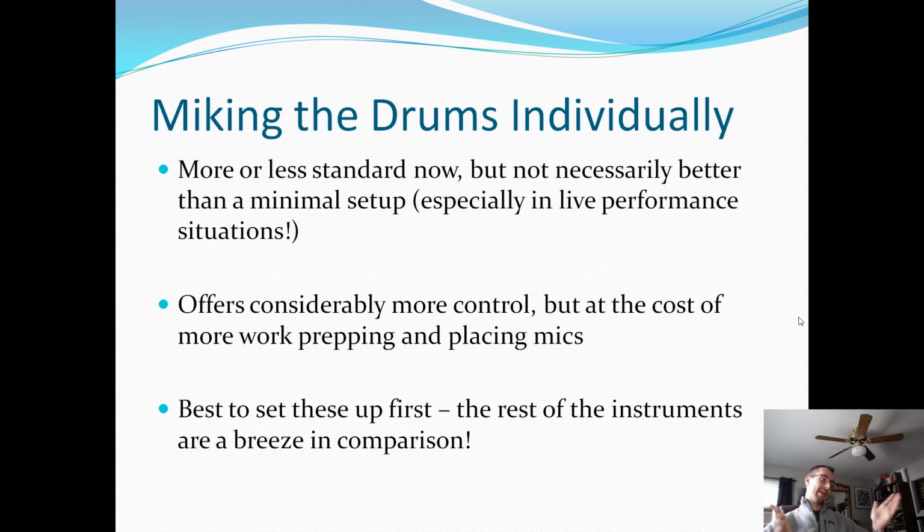Now we get to the fun part. This is where everything is going to start getting crazy, and you're going to have to start using more and more mics. Traditionally, drum mic kits come with about 8 mics, but you can go smaller or you can go higher. When you're miking the drums individually, it's more or less the standard practice now, but it's not necessarily better